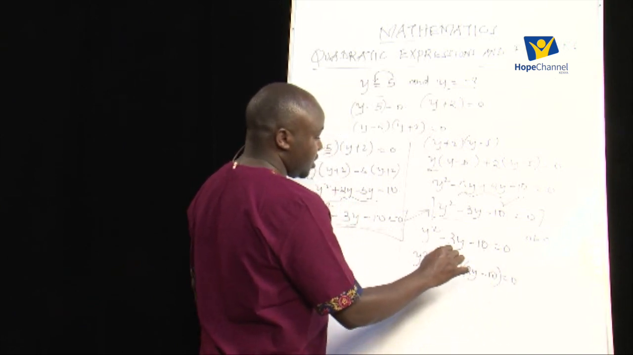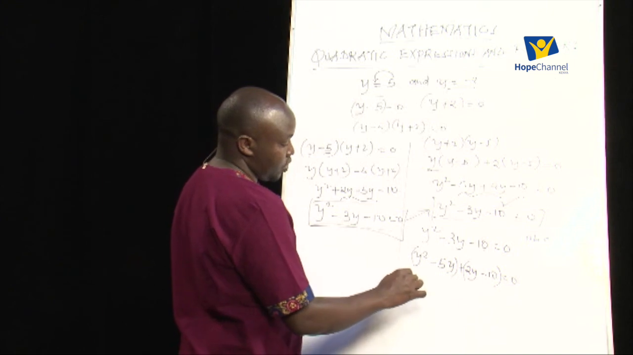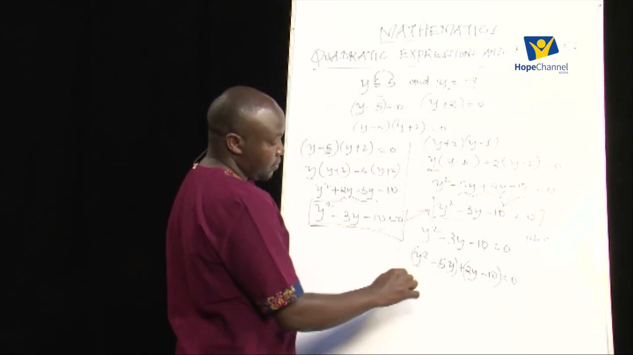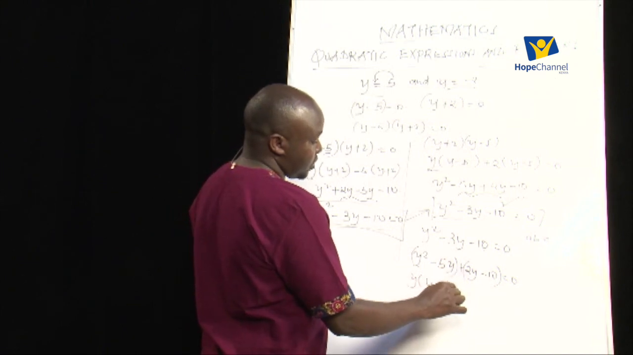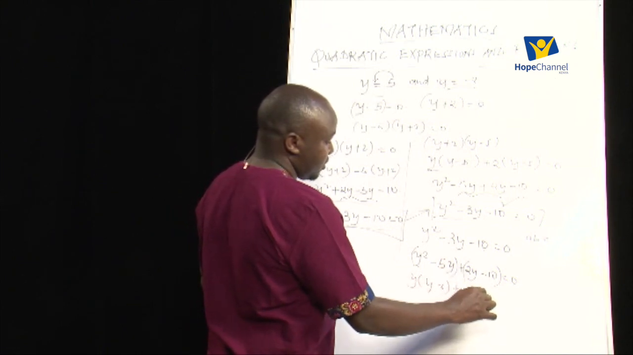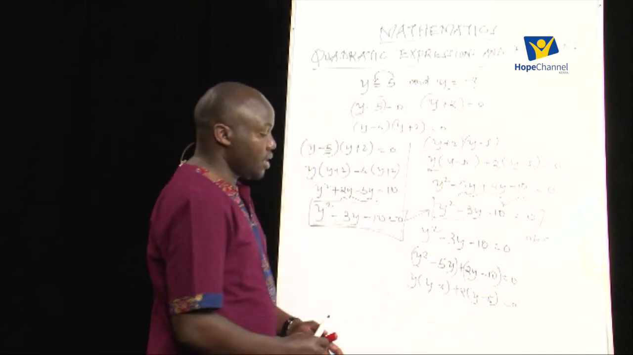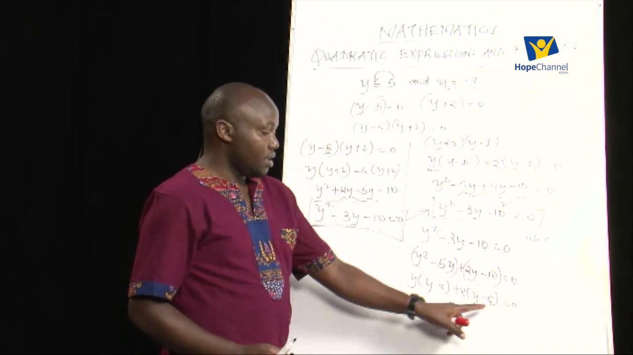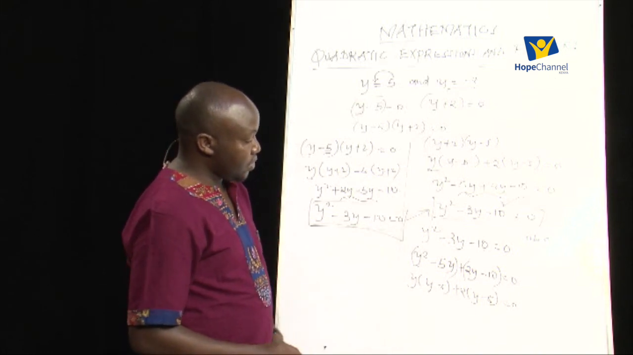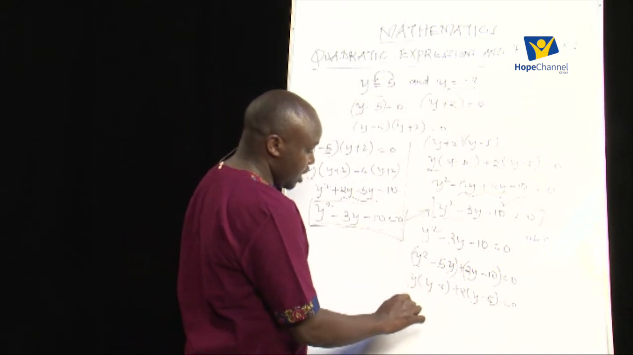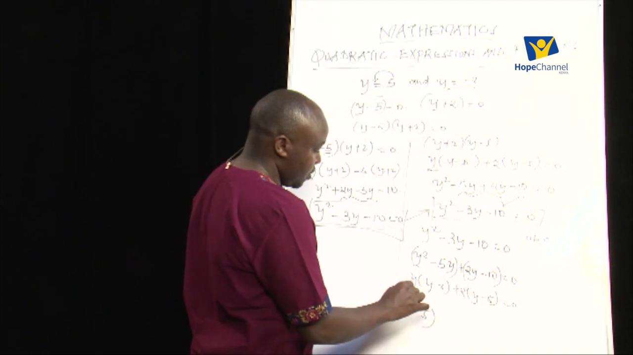Then you factorize. Therefore I'm going to take what is common in these brackets. So y into y minus 5, and this one is positive 2 into y minus 5. And I told you, you must ensure that all the brackets are the same. If they are not, then you need to go back and check where you went wrong and correct it. So take one of the brackets, which is y minus 5, and y plus 2